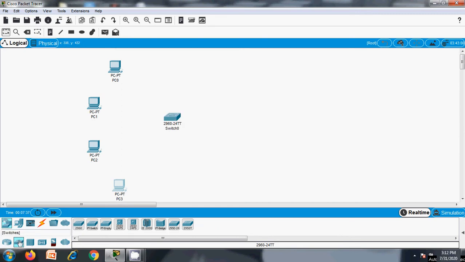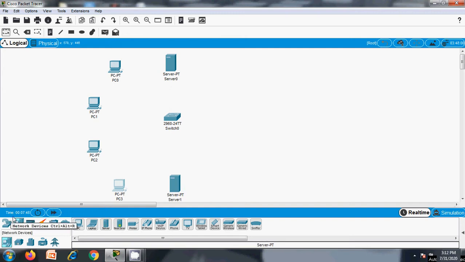I'm going to have two servers: one is a DHCP server and the other is a DNS server. I'm also going to have a router that will act as the default gateway router of this entire network. Let's start connecting these devices.